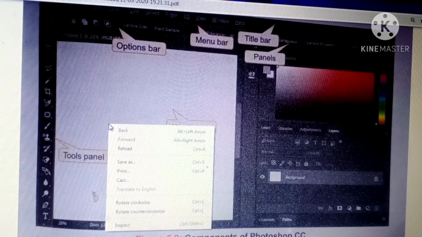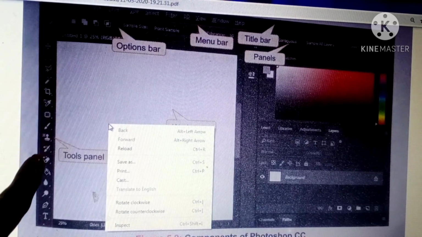And next is the option bar control panel, that is under the menu bar. The option bar control panel lies below the menu bar. It displays all the options related to the currently selected tool in the tools panel. Here you can see all the tools.